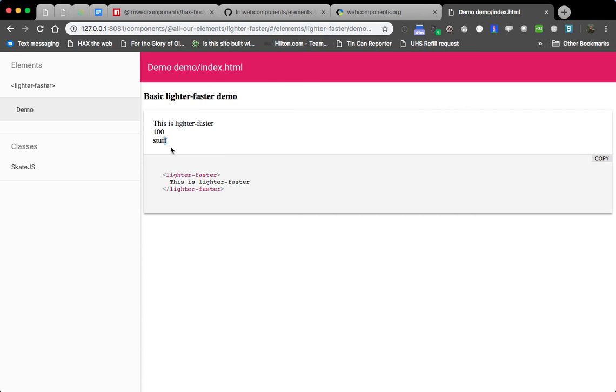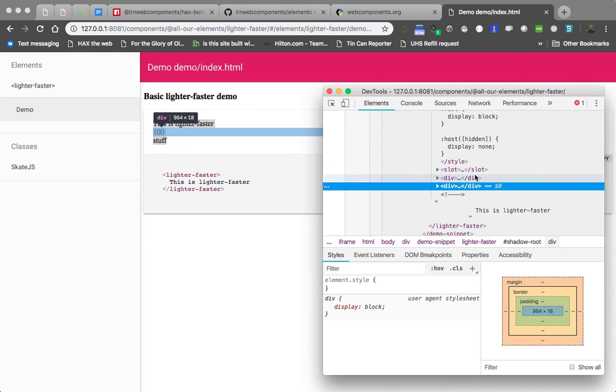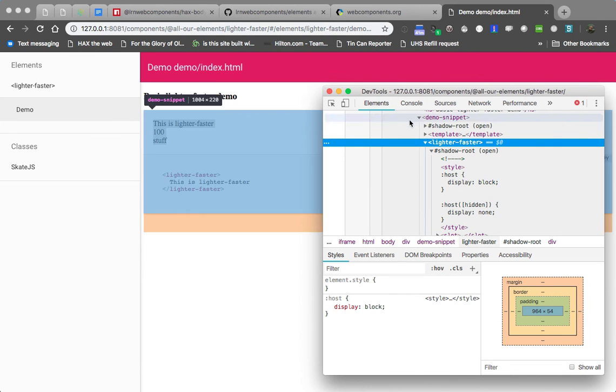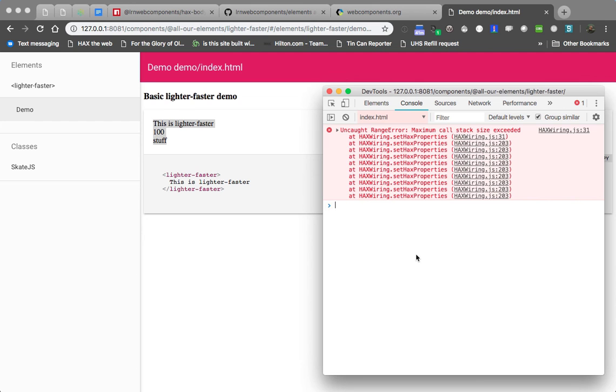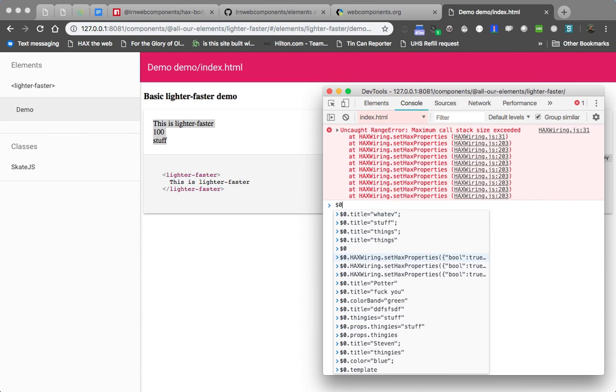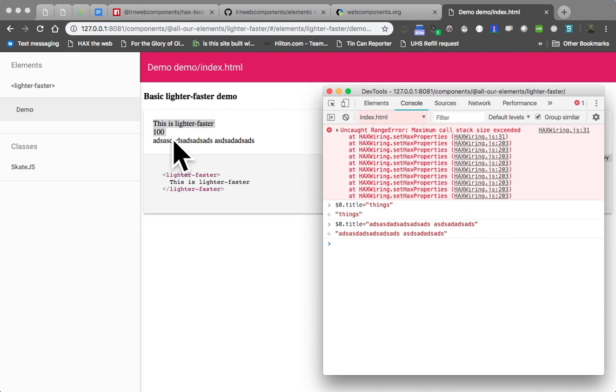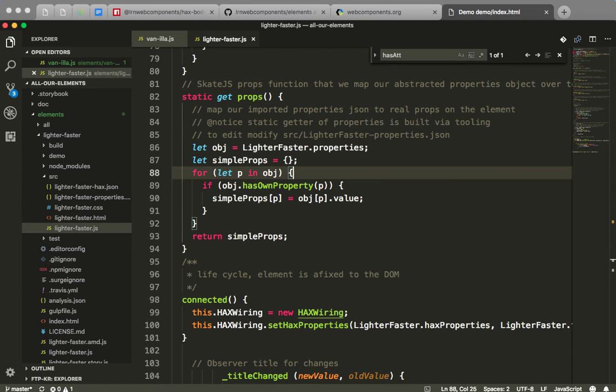And so you can see that we've got data on the page now. This is one of your key advantages of using some of these frameworks, or sorry, libraries, not a framework. So now that I have that selected in the console, $0.title equals things, and now it changes to things, right? So you've got data binding where it's reflecting the value to whatever is in the item. So how the heck did we do that? Well,